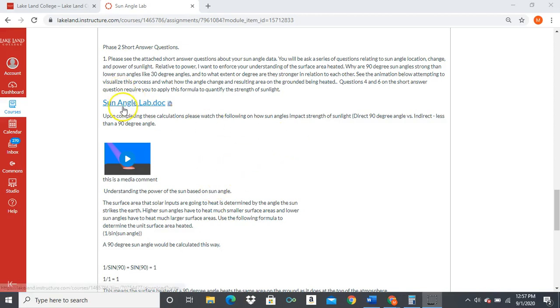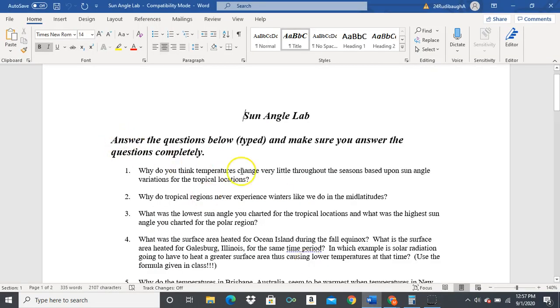Hello, this is the second part of the SunAngle Lab that deals with the 10 short answer questions that are linked right here. You click on this link and it will open up 10 short answer questions, and you will basically type out these answers. In fact, when you click on the link, you should see this file right here open up,